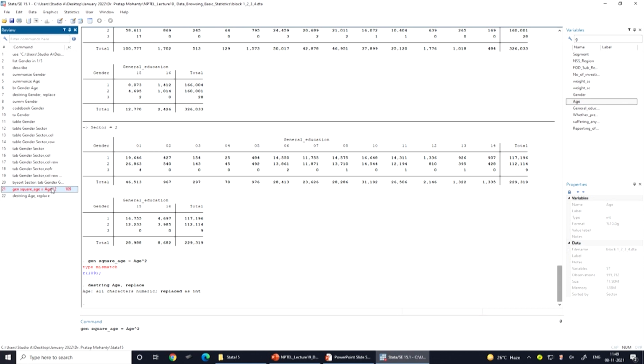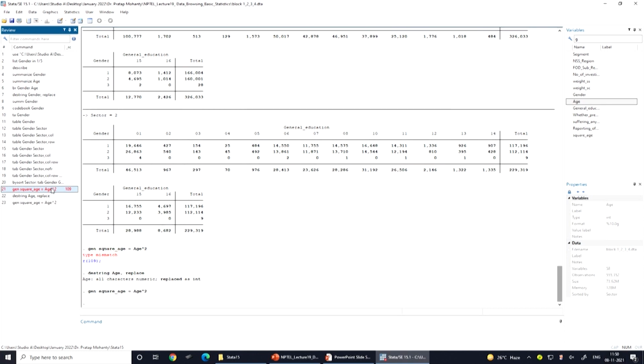Now if you apply the command generate square underscore age, the new variable name we have defined, equal to age to the power 2, this is going to convert it. Now in the variable list, you can see a new variable has already been generated with the name square underscore age. Now you can check whether it has been squared or not.